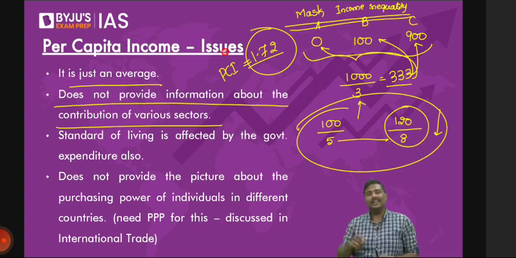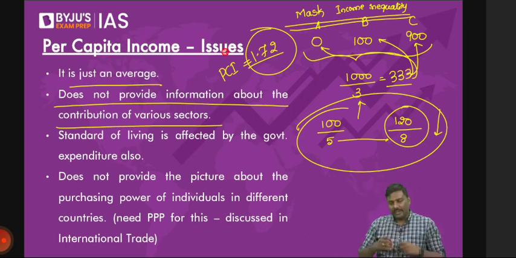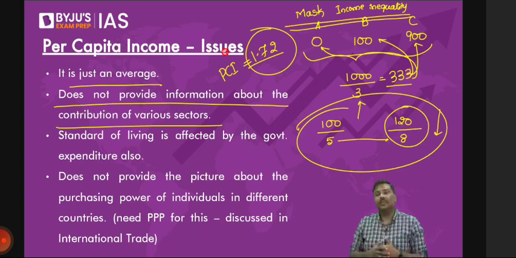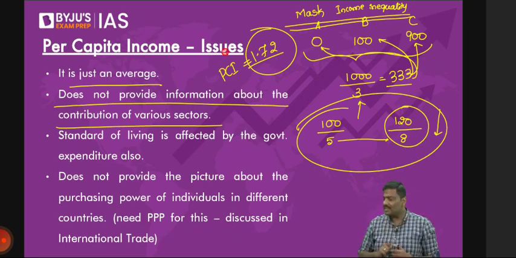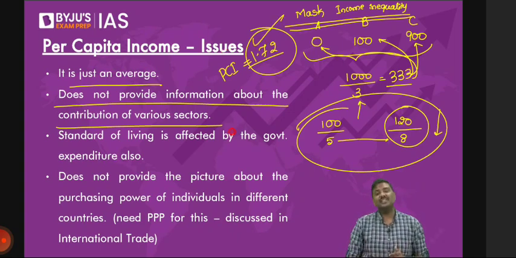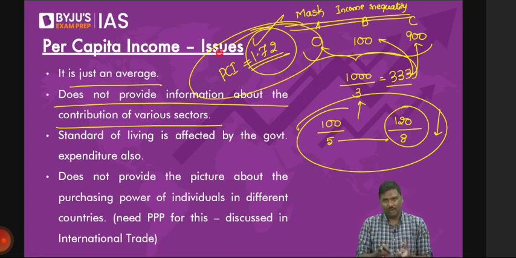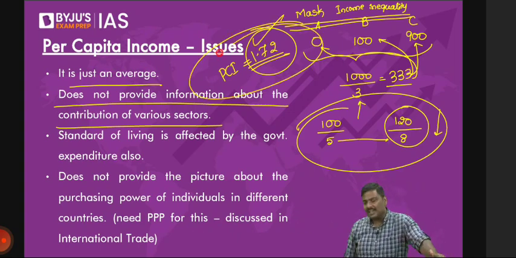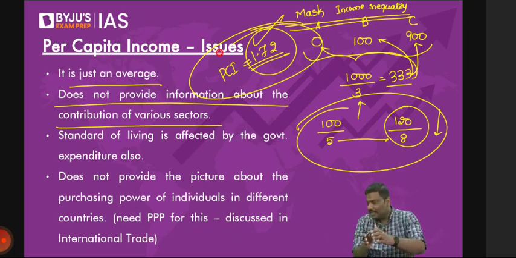I'll tell you why. When you look at only the per capita income, the number of people in the agriculture sector is very high in India. Generally, around 49% of the population works in the agriculture sector. But can you come to know how much is the per capita in the agriculture sector? Looking at the overall data, at 1.72 lakh, can you come to know how much per farmer they are earning? Absolutely no. Again, you'll have to keep on dissecting the data. Only then you'll understand how much per farmer earnings are there.